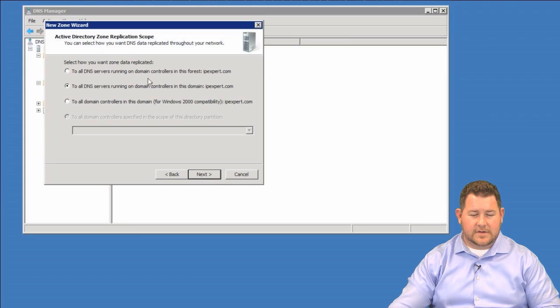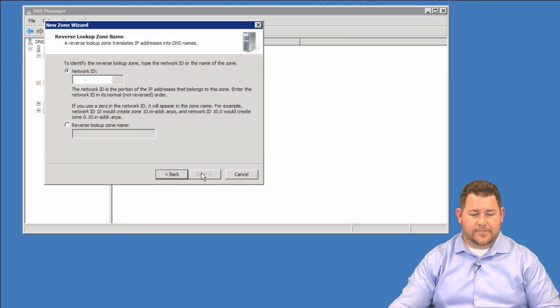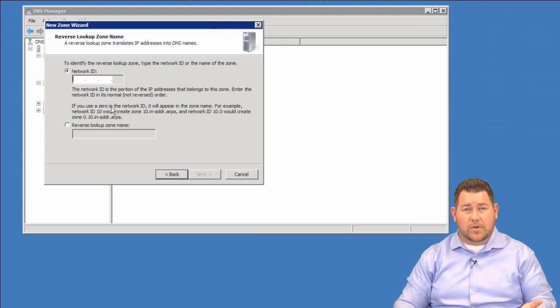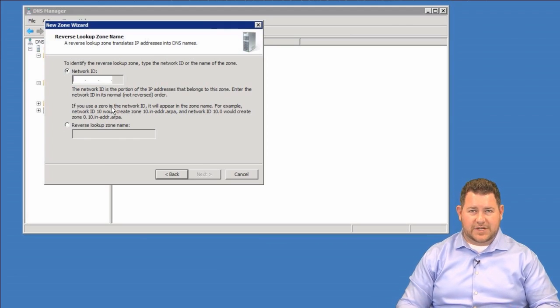Hit Next again. And to all DNS servers running here, let's hit Next again. IPv4, that's an easy one to pick there. And now the network ID. You know this as well, right? So the network ID we're talking about, if we want to resolve, let's say for the HQ site, that's going to be